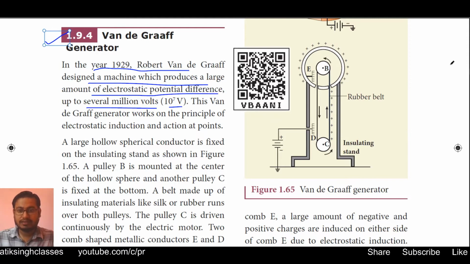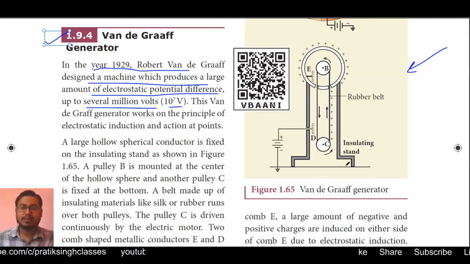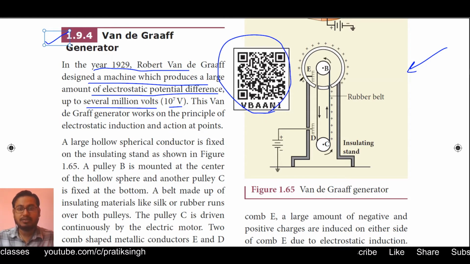You can see in this figure the diagram of the Van de Graaff generator. This is not the actual figure of the generator; it is just a diagram showing its mechanism, how it works and what it is made of. If you scan this QR code on your mobile phone, laptop or desktop, a video will pop out and show you, in your regional language, all the things related to the Van de Graaff generator, only from a +2 perspective, not of a higher level.